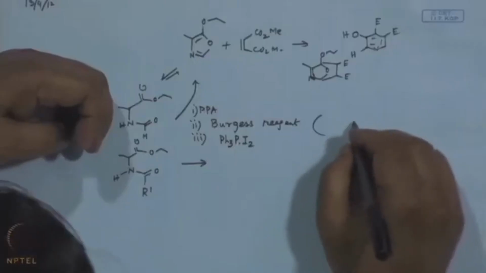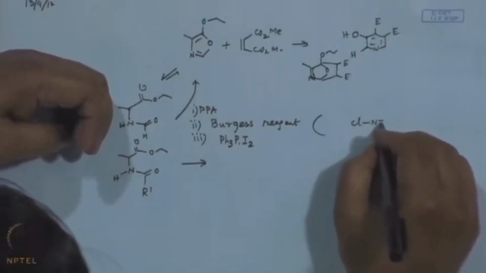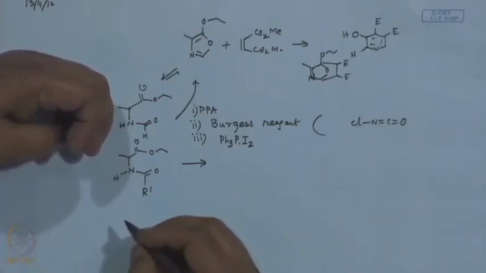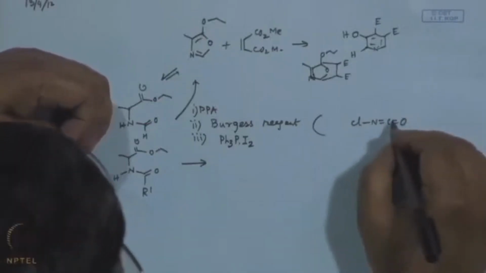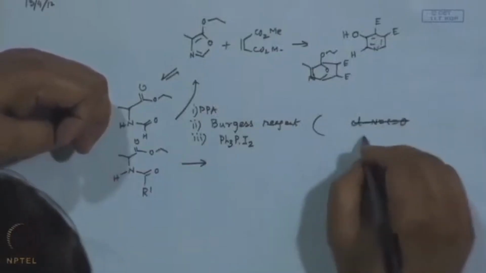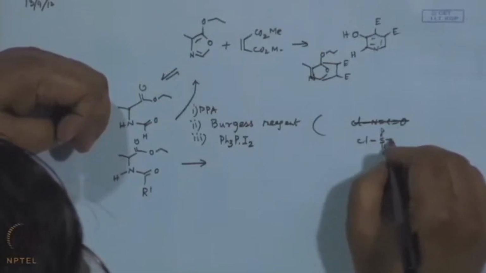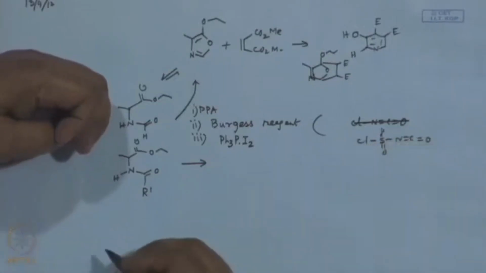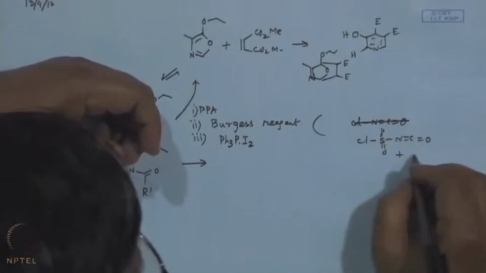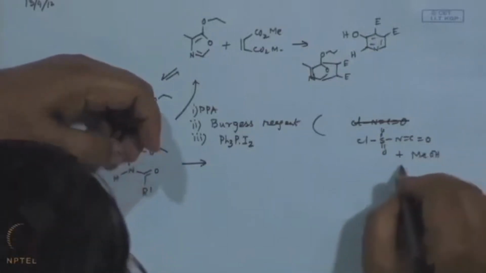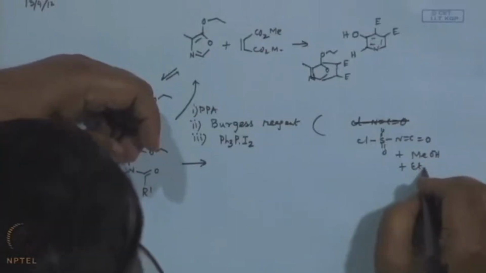Okay. So similarly, Burgess reagent, last time I told you. It is a very simple reagent though. It is made from chlorosulfonyl isocyanate. If you close and add methanol, and then add, I think first you have to add